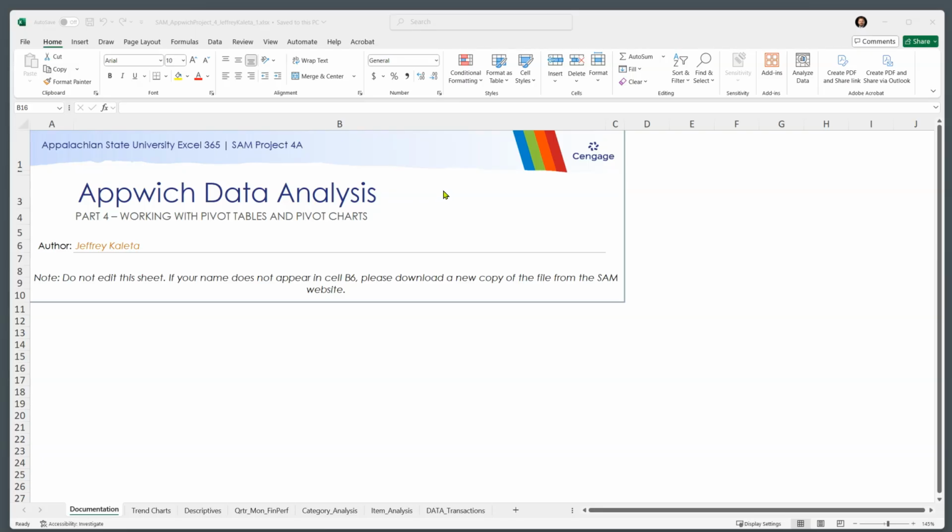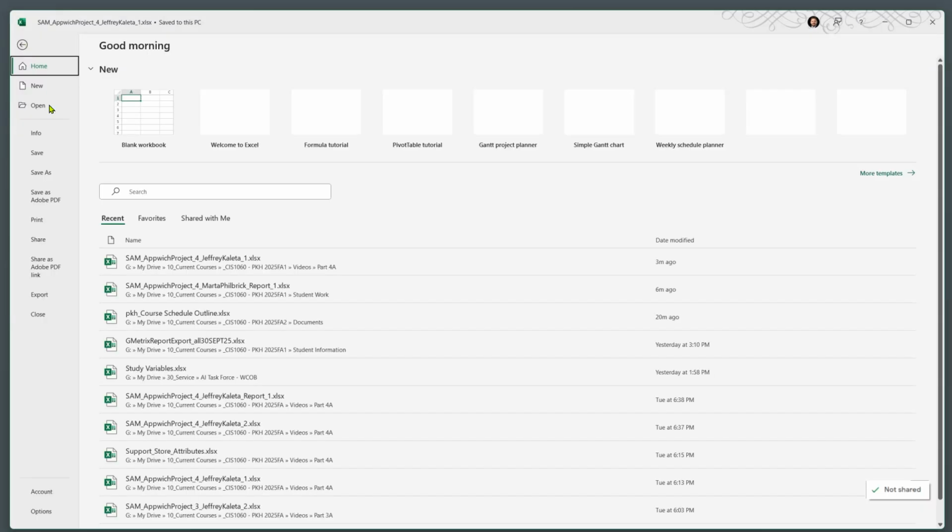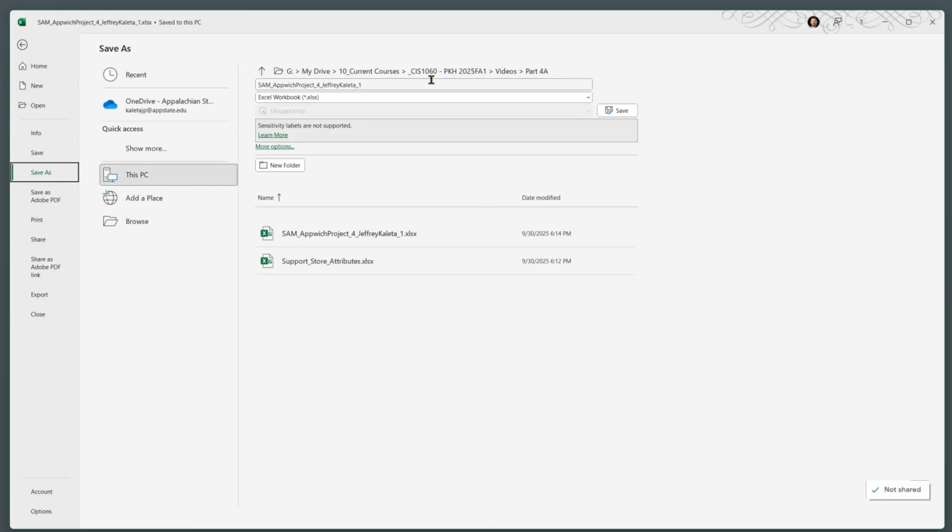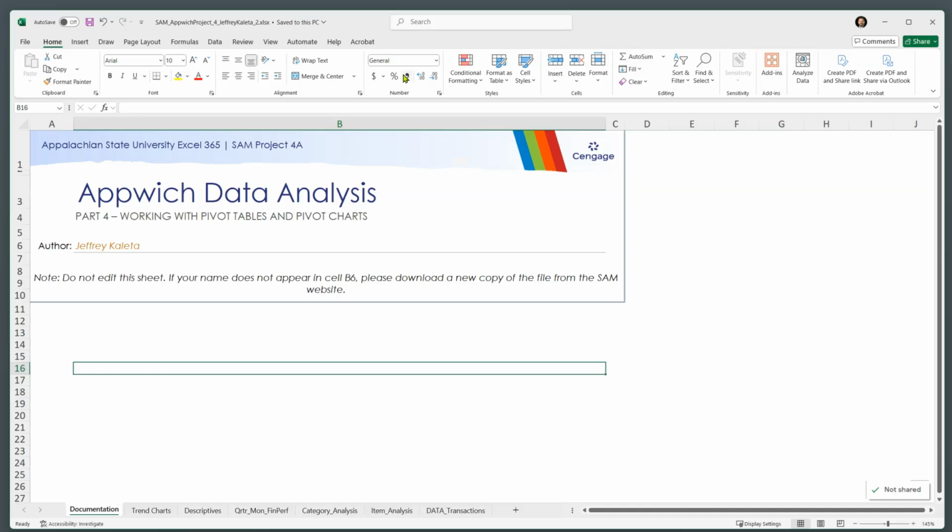All right, so part of this assignment requires you to have a data set that is supplementary. It is available for download in the assignment file. It's called support store attributes. Okay, so we're going to import this item through this project. But first, before we get started, let's go ahead and save this with a -2 at the end, and let's get rolling. All right, so the first thing that we want to do is we're going to import that